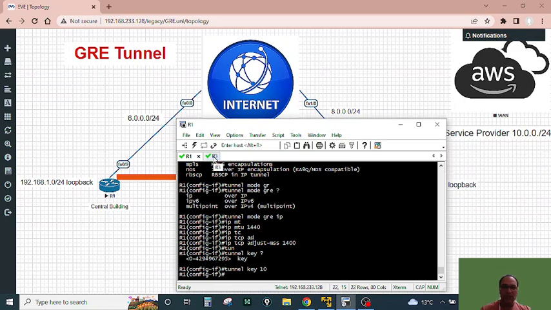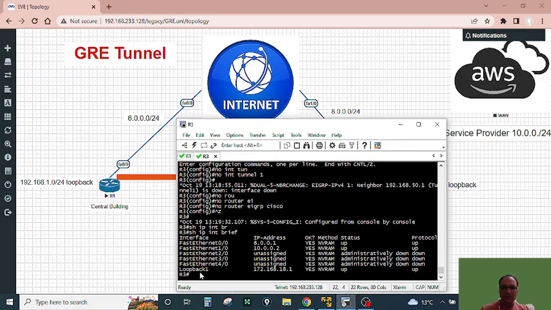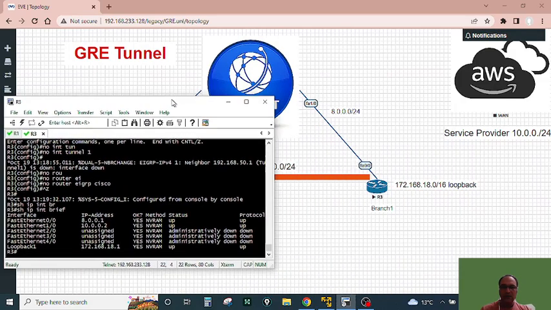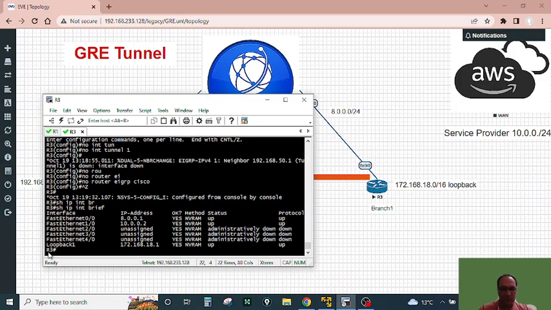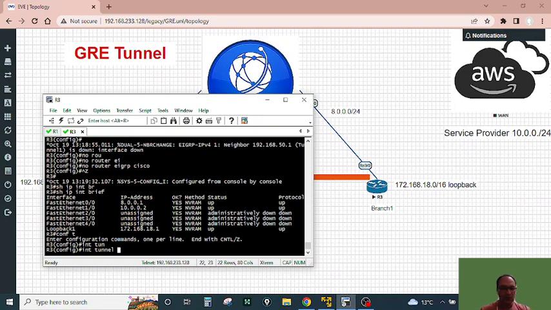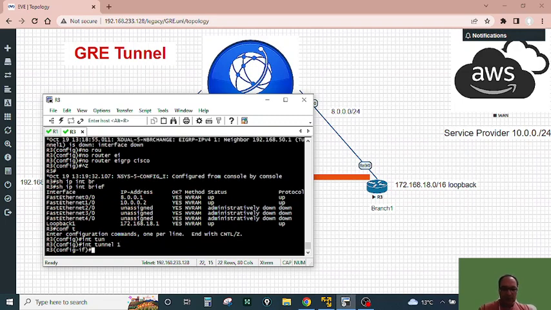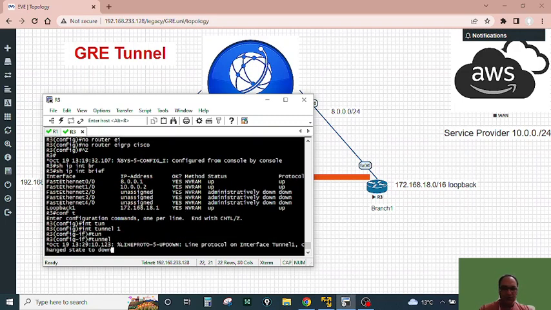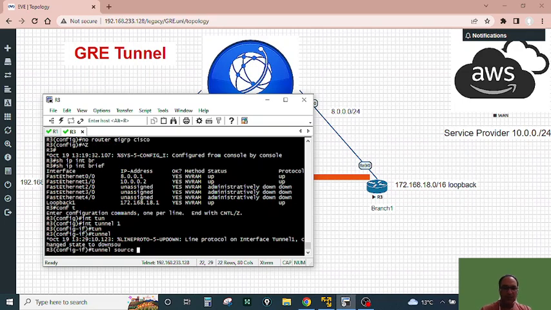So I am going to the other side and starting to configure now in router 3. I go into configuration, interface tunnel 1. I choose tunnel source. Okay, because we have a key applied, it shows down. So the source is from here and goes to that side. So the source is